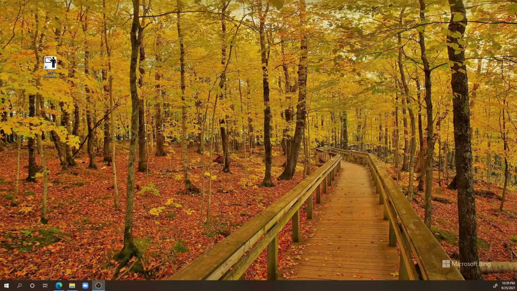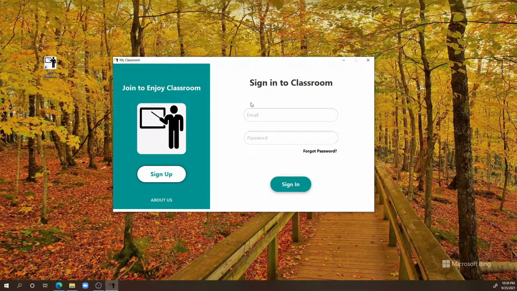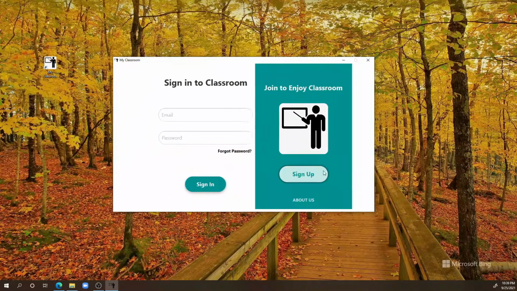Today I will show you our class management system application. This is basically a Windows based application. We used Java to build this application and JavaFX to build the graphical user interface. We also use MySQL as the database. So let's start. This is our sliding page for sign in and sign up.